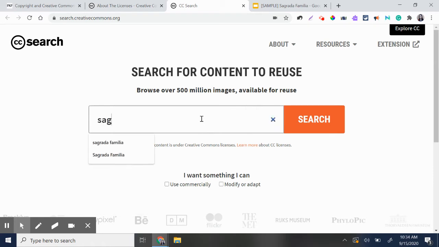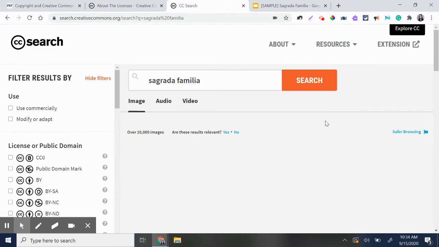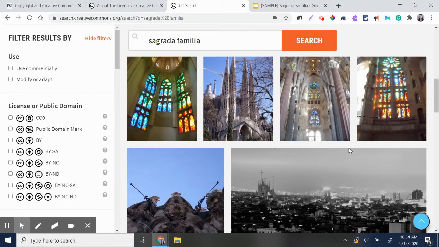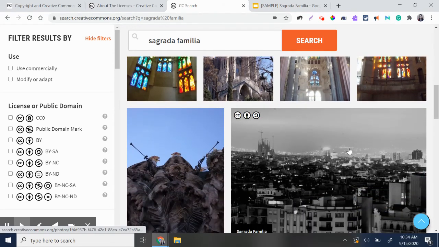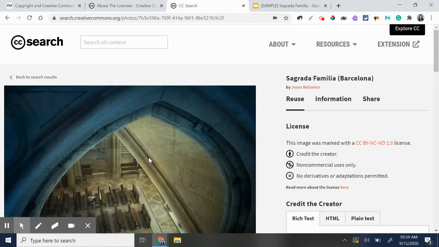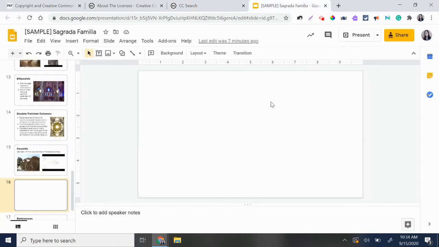So we can do a search for Sagrada Familia, for instance, and it found over 10,000 different images. If you find an image that you would like to use, you can click on it. I can copy the image, paste it into my presentation,